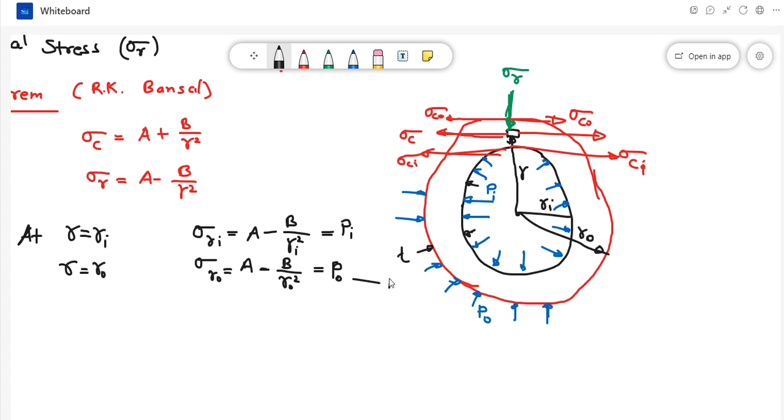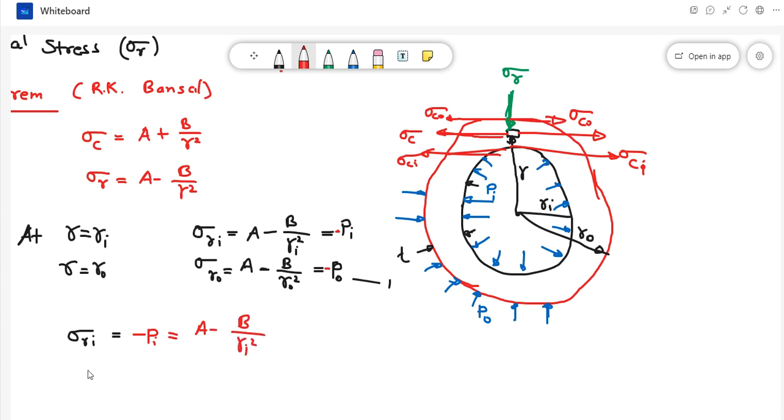A and B. Okay, so let me write once again, sigma Ri. Actually it will be minus, sorry, I forgot to mention, because it is compressive, it is minus. Okay, see, it's compressive on the surface, so we have to use negative sign and it will be minus. So minus Pi, and that is equal to A minus B by